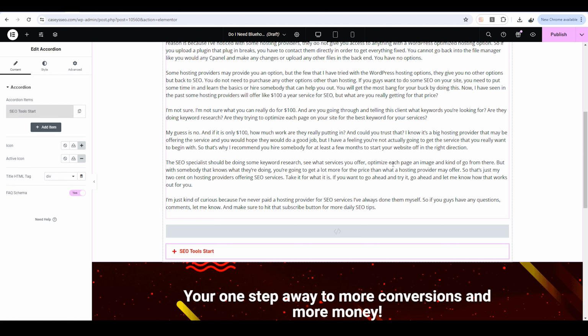So if Elementor has not created a default button, which I have not seen yet, this is one way that you guys can do it, and I will put the code in the description so you guys can just copy and paste that code. So first, you will want to add an accordion, and then you will need to add